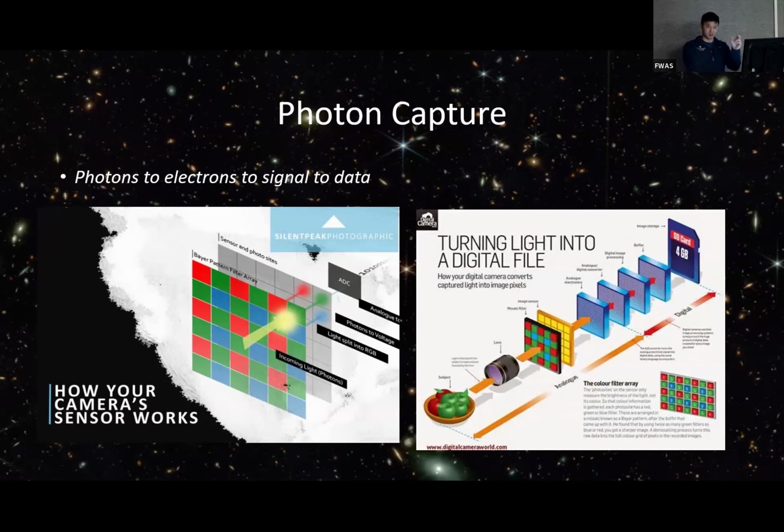Usually 1 pixel for each color. And then you have a series of analog to digital converters. Essentially, you take those photons which hit the sensor, which then knock off those electrons. Those electrons create an electrical signal. That electrical signal can then be converted to a digital signal, 1 or 0, and it can be stored as